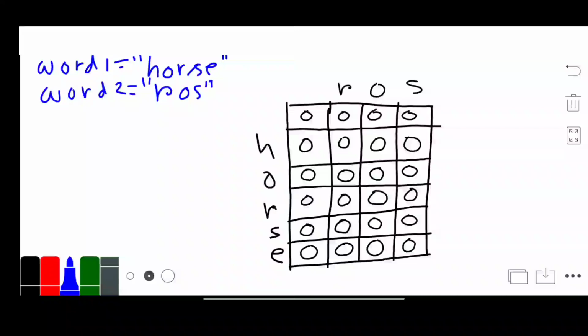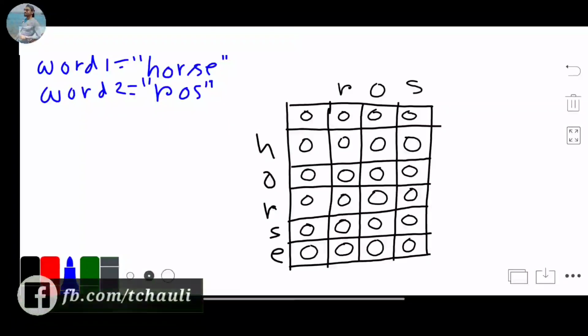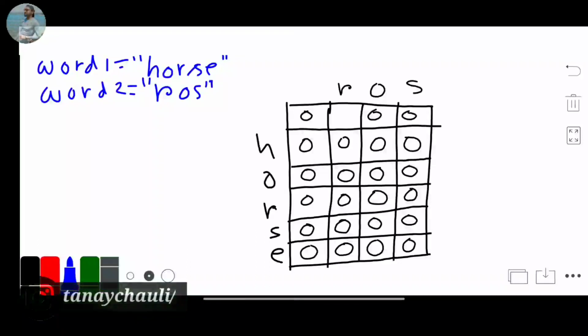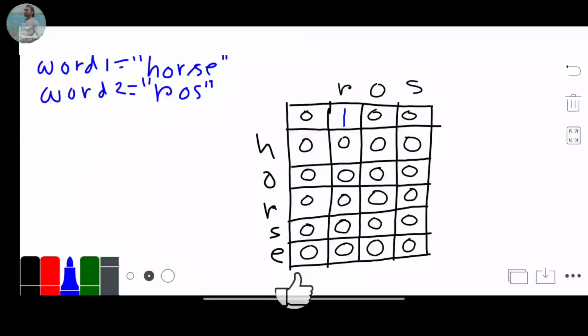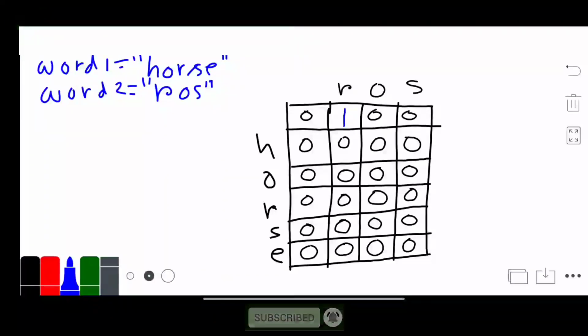So we are given two words, that is word1 and word2. What we have to do is convert word1 to word2 with the minimum operations. First our base case: we will convert this row 1 to the column value. So this is column 0 and this is column 1. First we will take a matrix, that is word1 plus 1 rows and word2 plus 1 columns.